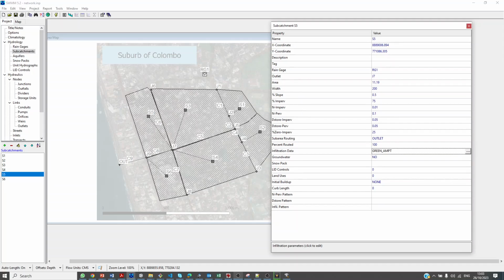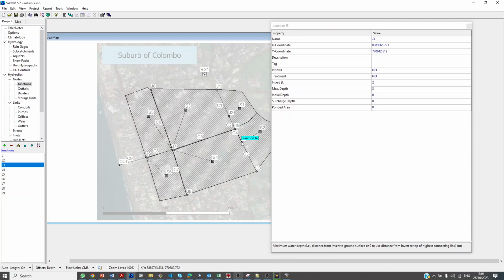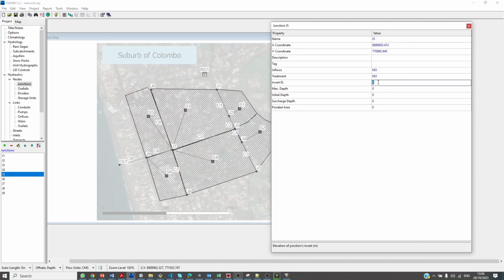Now we have to enter the elevation of the manholes, and the invert elevations are given here. So let's use those numbers. J1 has to be 2 meters, J2 1.5, and of course maximum height is also important. 3 meters here, 3 meters, J3 2 and 3, J4 1.5 and 3, J5 1 and 3,